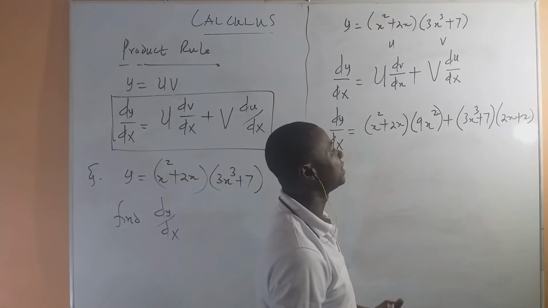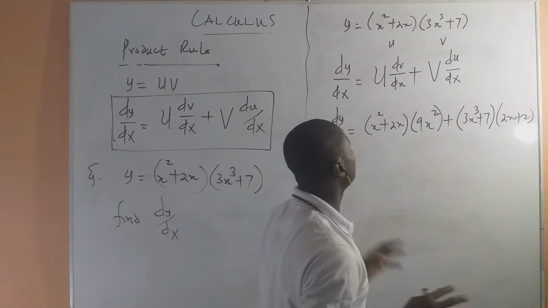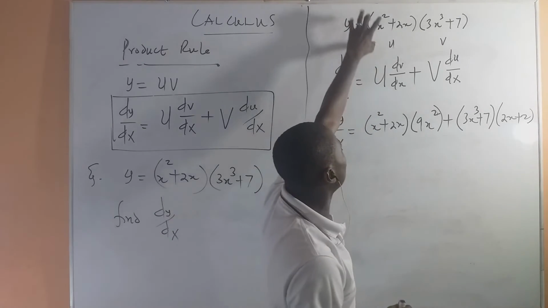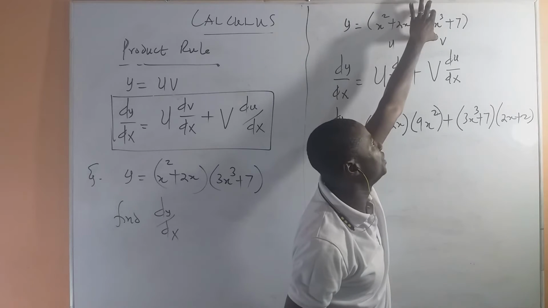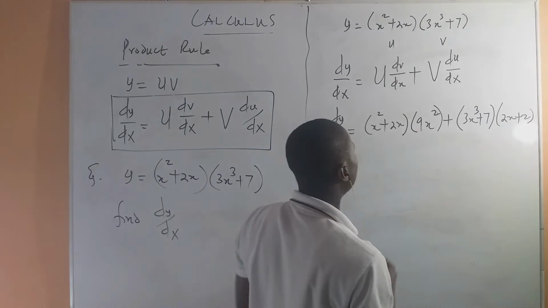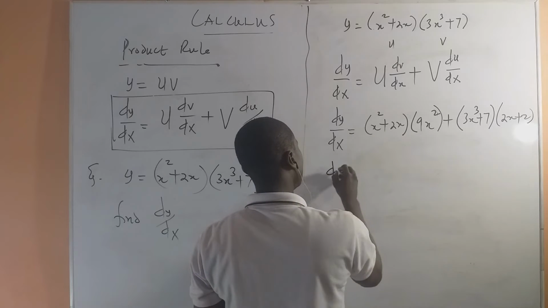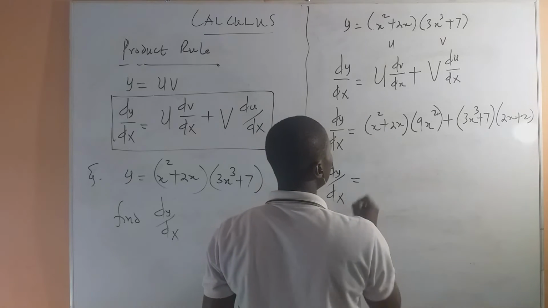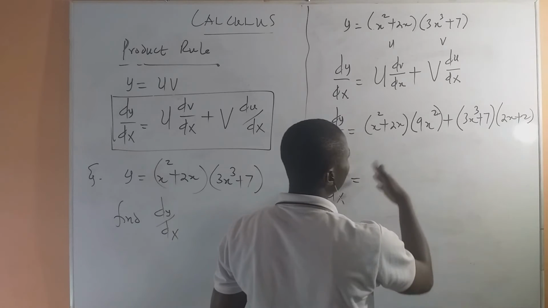So you can try that and see that you are getting 2x plus 2. So that's what you do. You keep the u constant, then you differentiate v, then plus you hold v constant, then you differentiate this one, then you simplify. So now our dy dx here will be equal to, now this is simple expansion,